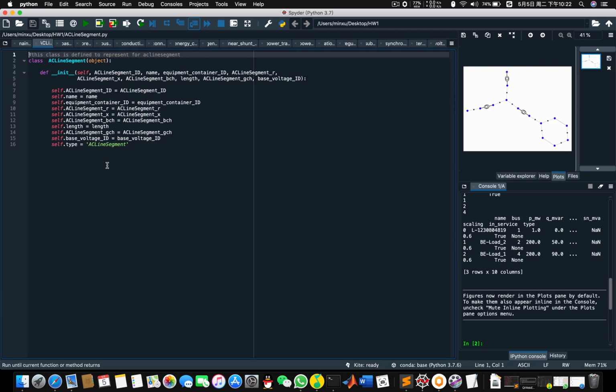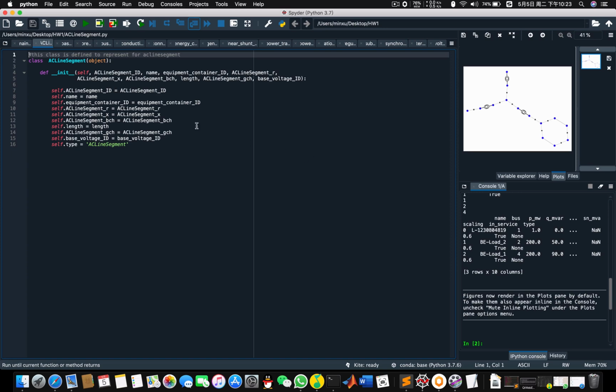Here I define the class of AC line segment and use these different values to represent the attributes of the AC line segment. And the attribute of equipment container ID is very important because it will be used to determine the different connecting relationship between these